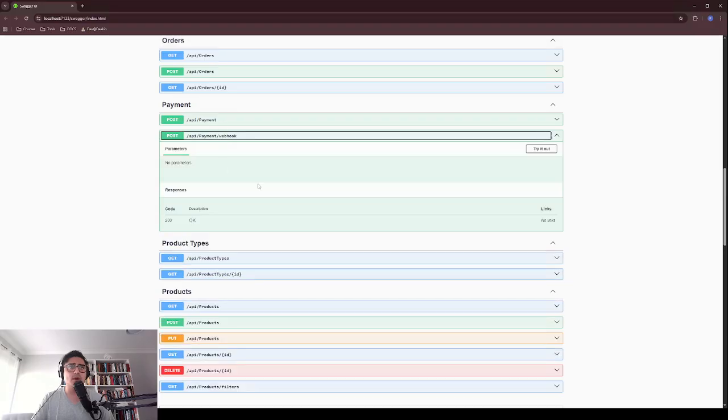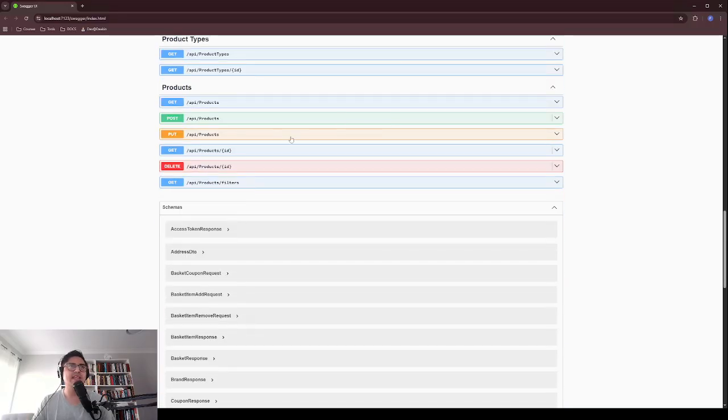Here's my webhook here that Stripe is going to be able to access and update the order status, whether the payment went okay, or it was cancelled or it failed. Okay, and here is the main resource here, products, with the full CRUD endpoints. And if we take a look at the front end,